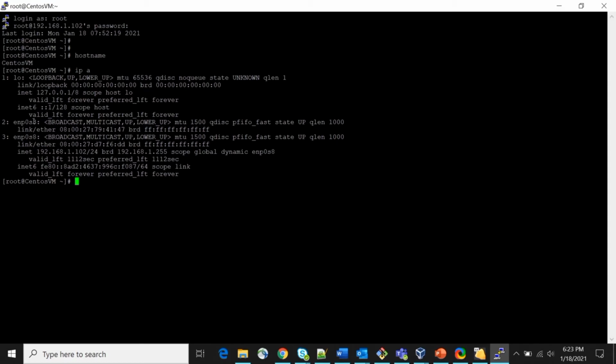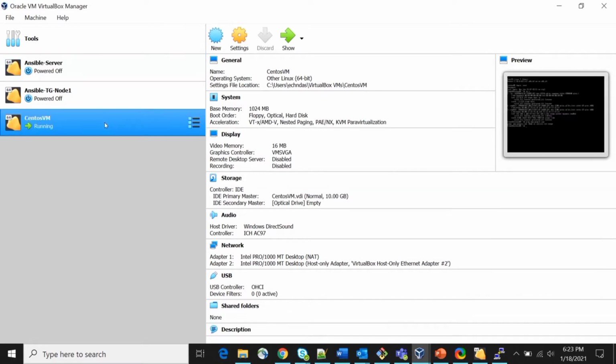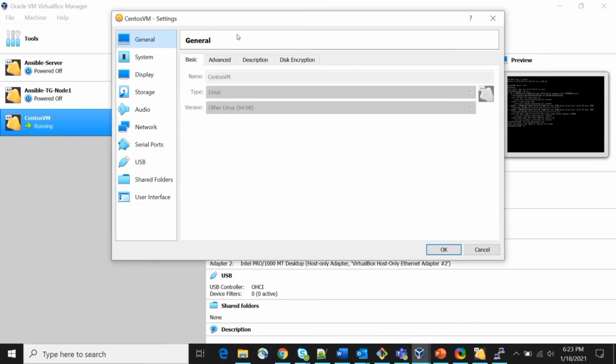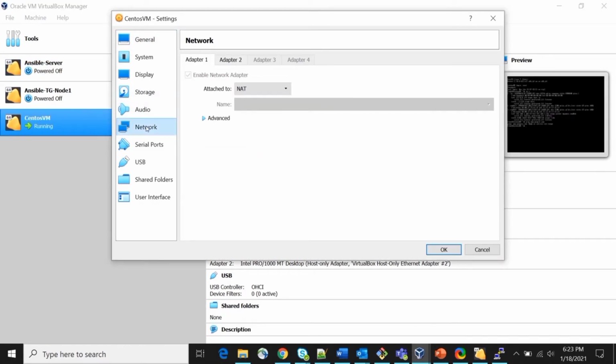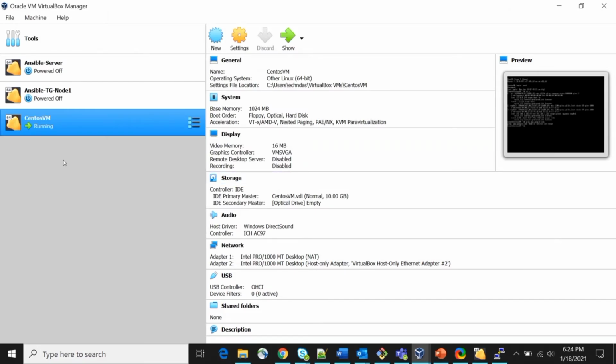So for this one we need to check the virtual machine settings in the background. Go to the network section. NAT is allowed here, no problem. Another thing needs to be checked.